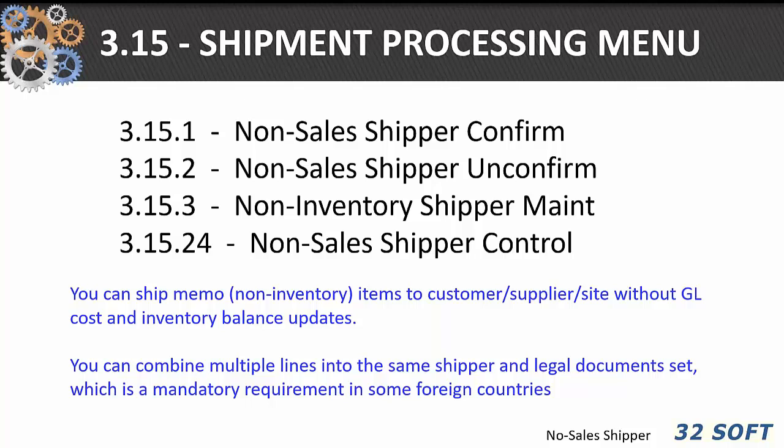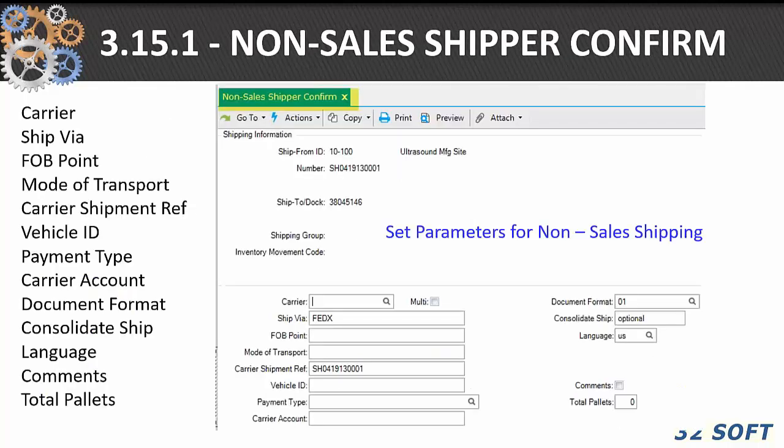So you can create a memo item shipper without GL or inventory balance update. Boy, I love that. How many times have we had spreadsheets and Word documents and Access databases to keep track of that stuff? Now it's inside QAD. You can combine multiple lines on the same shipper and legal document sets, which is a mandatory requirement in some foreign countries. So you can define what those non-sales shipping information is in relationship to the shippers that you're going